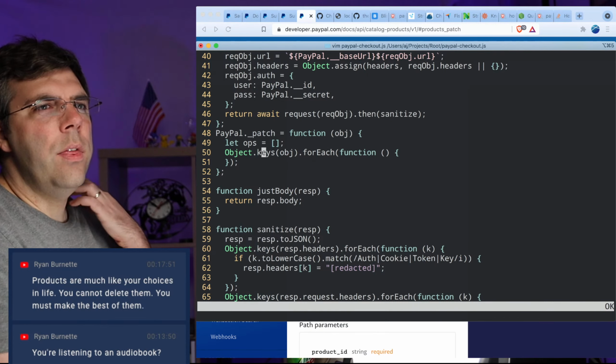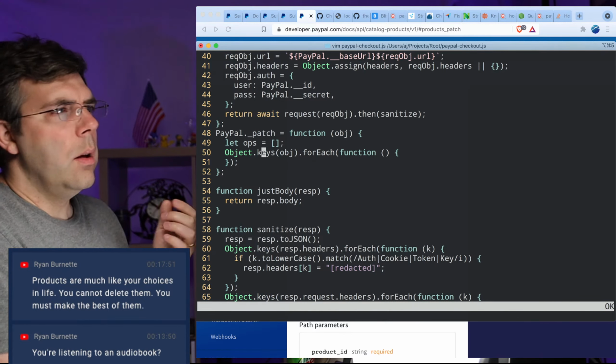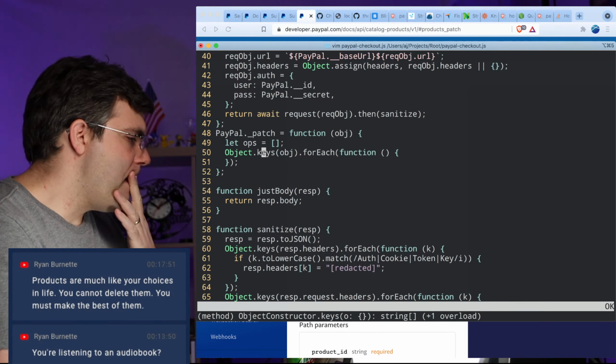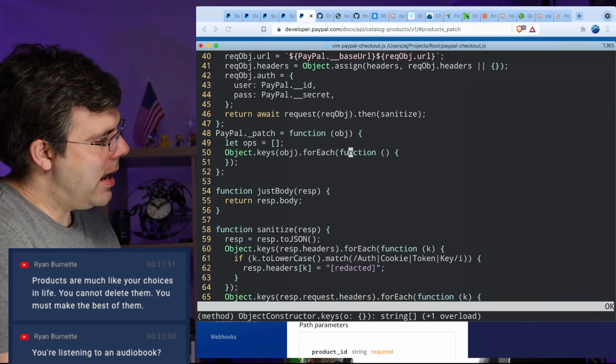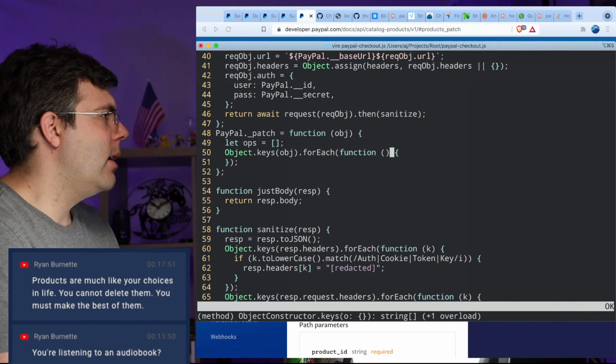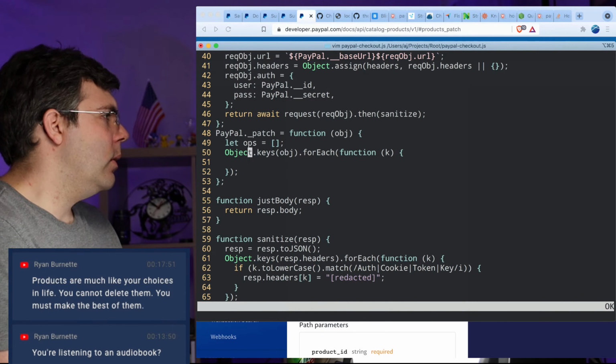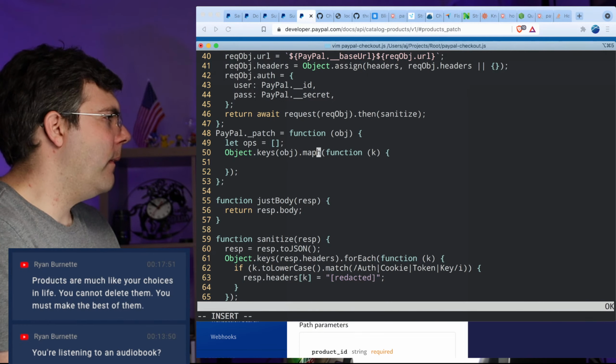So that putting the dot there, that's a literal dot that would go in there. Okay, so key. So I guess this is actually a map, is what we're going to be doing.